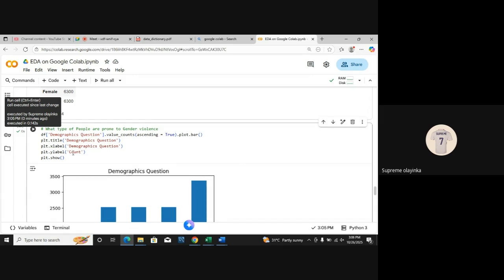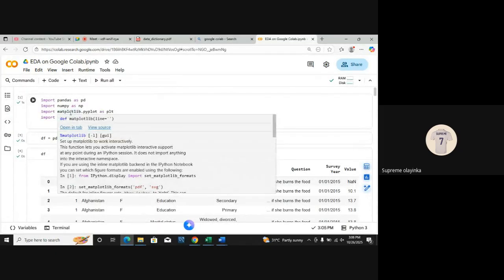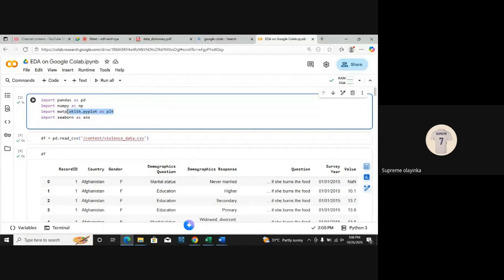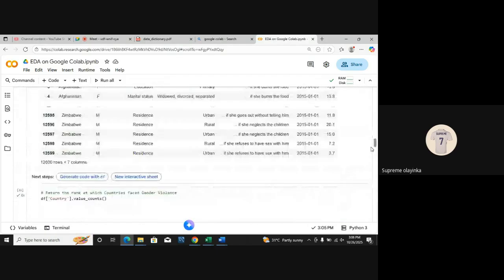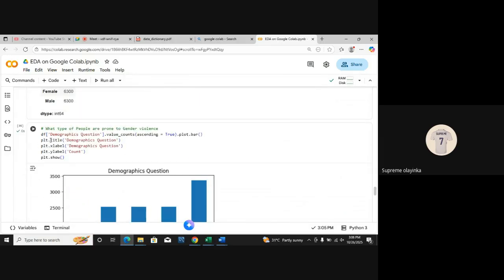What should I explain? Is it the title? Is it the code? The title and the label. Okay. So basically, when you are dealing with visualization, most of the time you call PLT. Remember when we were importing the libraries, we did import matplotlib pyplot as PLT, and this particular library is concerned with visualization. That's what we are trying to do here, because we are trying to make a visual, and that's why I'm doing PLT. PLT is just the name of the library.